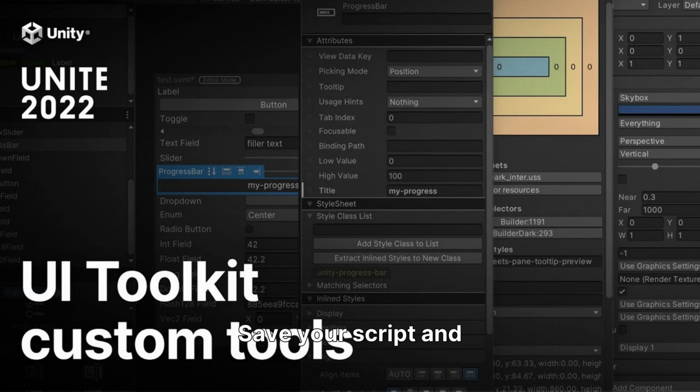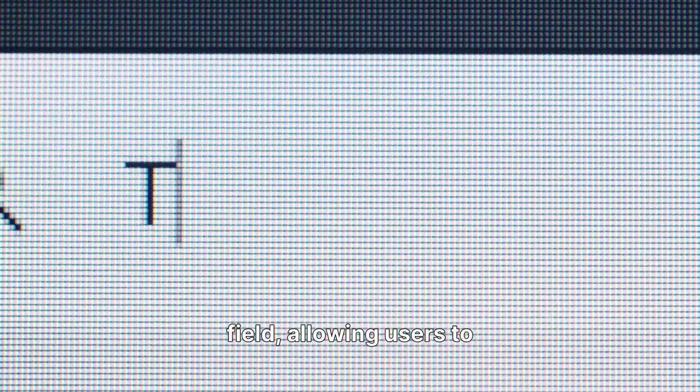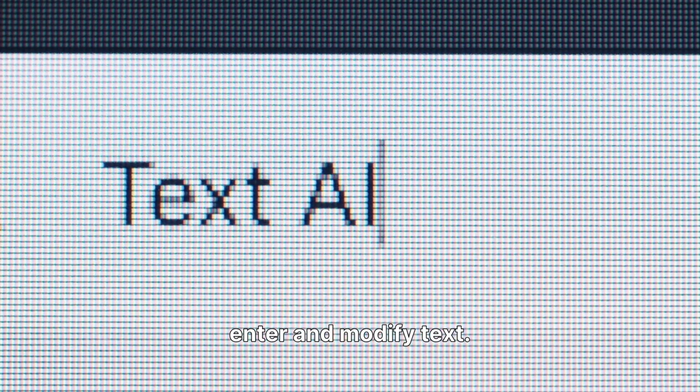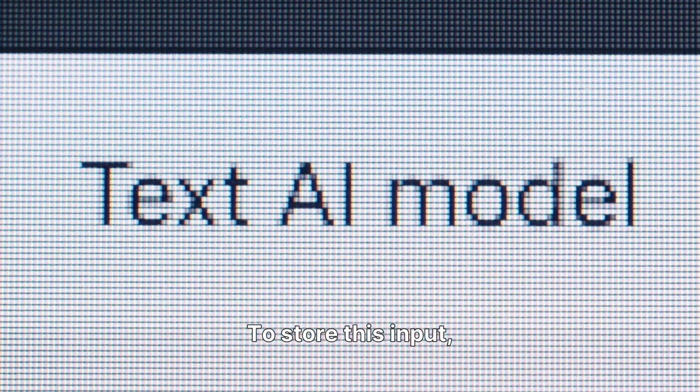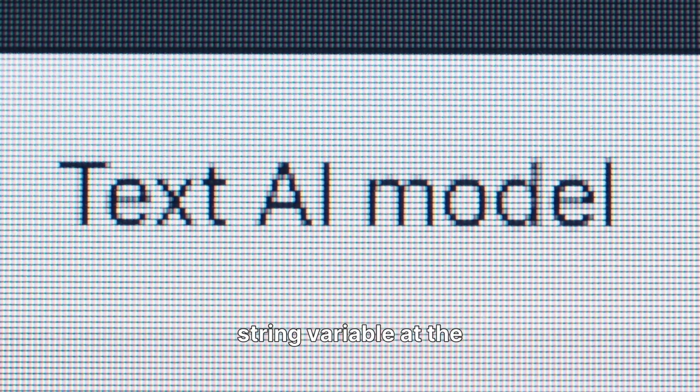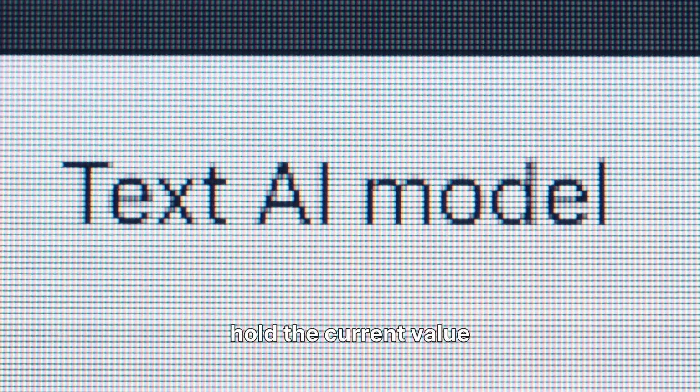Save your script and switch back to Unity. Reopen your custom window, and you will now clearly see the Hello Custom Editor label prominently displayed. This confirms that our UI element is correctly rendered. Let's enhance our window by adding an input field, allowing users to enter and modify text. To store this input, we'll declare a private string variable at the class level, which will hold the current value